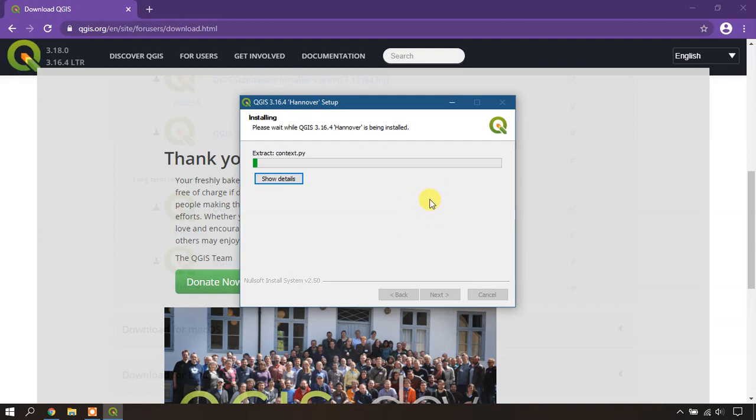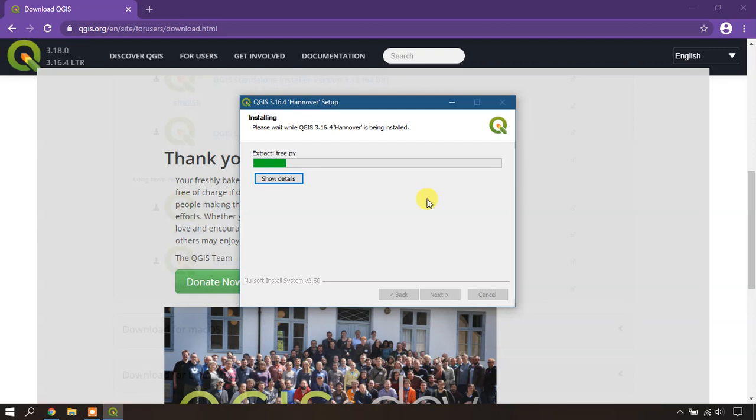Previously we installed version 3.18, which is the latest version of QGIS. This is the 3.16 version, which is the stable version. You'll have very minimal bugs in this stable version, so you can work with ease. Compared to the 3.18 version, which might have some bugs, the latest version will have some more added tools and workflows, while in the stable version you can work with ease.